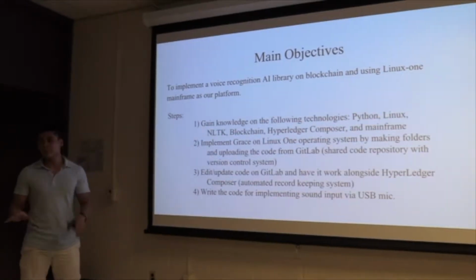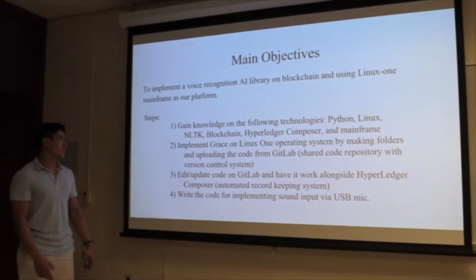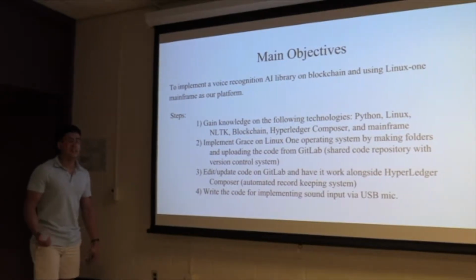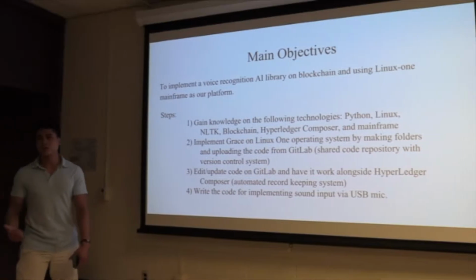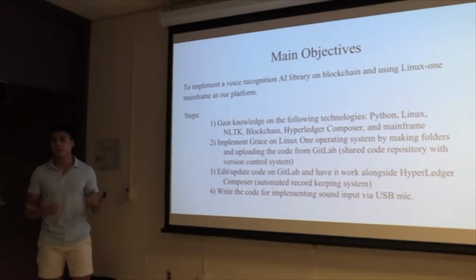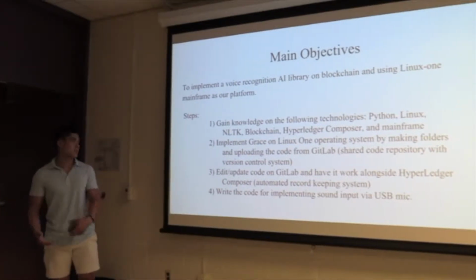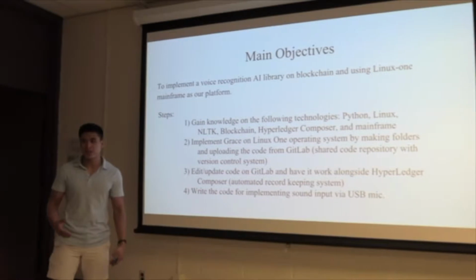Now, you might not understand any of those words, but the first step to do it is to gain knowledge on the following technologies, which is Python, and Python is a programming language. Linux is an operating system. NLTK is a natural language toolkit, which basically we extract that from online, and it helps us implement the human language into Grace. Blockchain is a technological structure, which basically